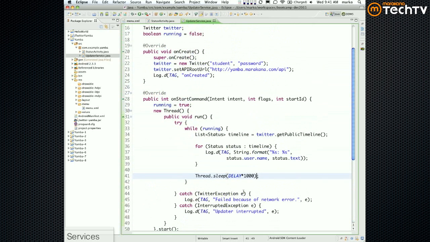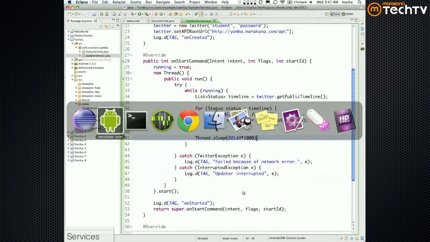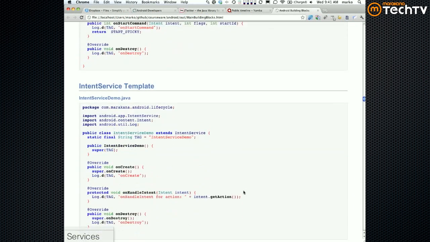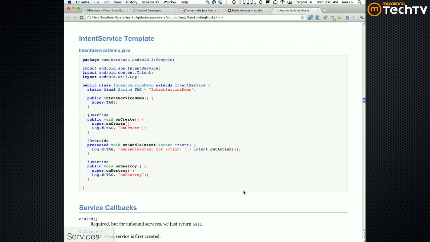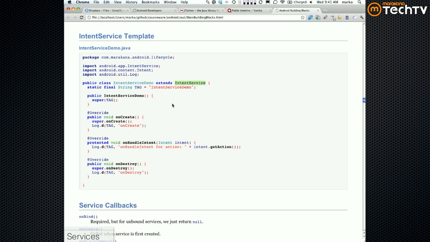So there's another kind of service. It's called an intent service, right? And it looks like this. Intent service, basically it's a kind of service. So you extend an intent service, right? You need to provide the constructor, onCreate, onDestroy, but the main difference is that as opposed to onStartCommand, you provide onHandleIntent,